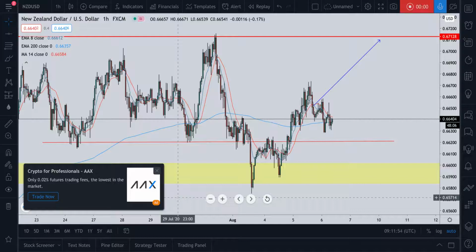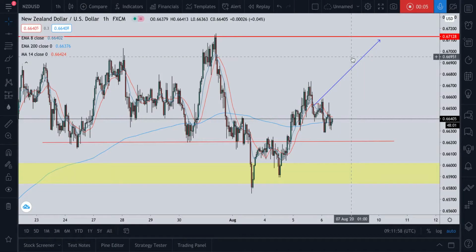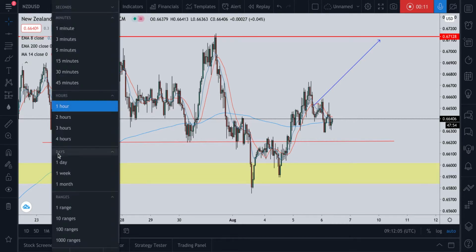I saw this setup, then I was like, I gotta see how it's gonna play. So since yesterday, I was looking at this pair. I was like, okay, let's see how it's gonna play. So I'm gonna do a quick analysis of how I saw this pair, NZD USD, for those who are trading